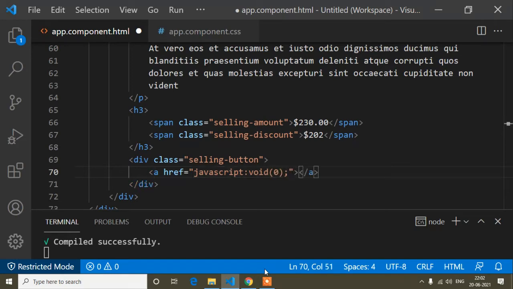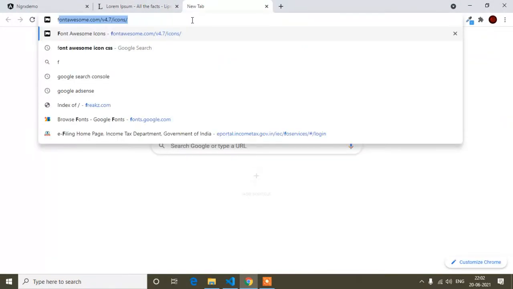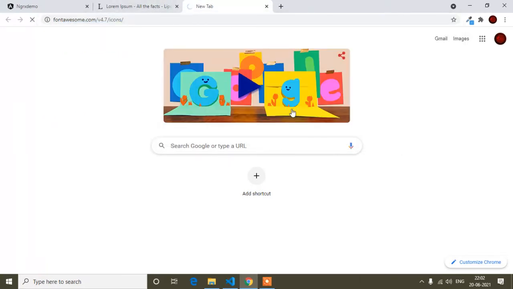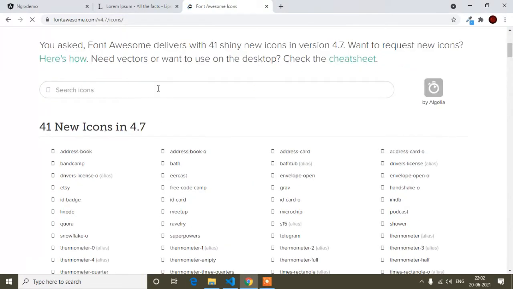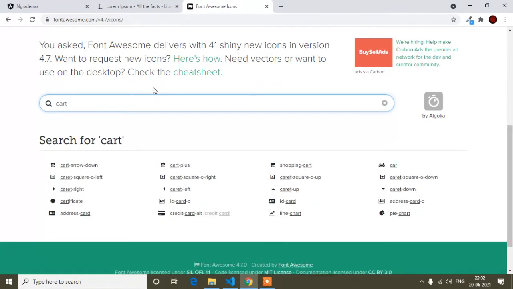Why I am writing javascript void 0, I will explain now. First of all I will write the content. Here I will write the font awesome icon, that is i class fa, and I will copy this icon from the font awesome official site. So I will go to font awesome, this one is the font awesome official site. If you watched my previous tutorial, you will find this one. Here I will type cart. You can see this one, I will use.